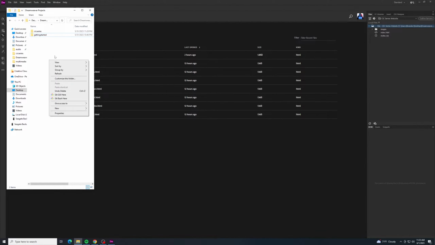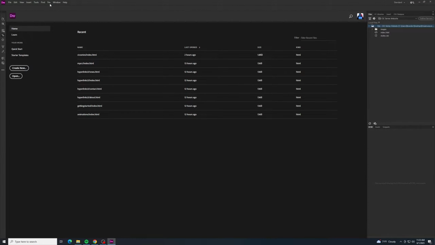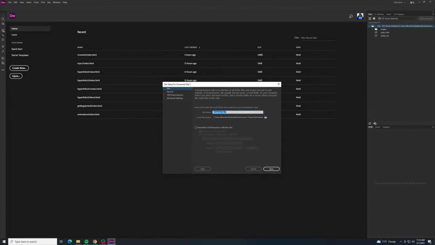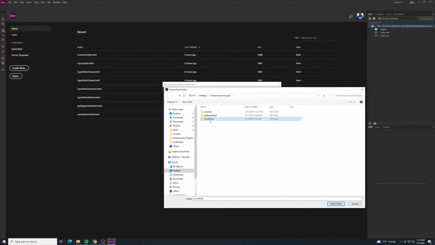Let's go ahead and go to our little folder here, our Dreamweaver projects folder, and we'll make a new folder. We'll call this one, all lowercase, all one word, more fonts. Alright, then we'll go into Dreamweaver, and we'll go up here to Site, and we'll find New Site, and we will call this one Adding Google Fonts. And then here there's this little folder. We'll click on that, and I will select my More Fonts folder. We'll click Select Folder,